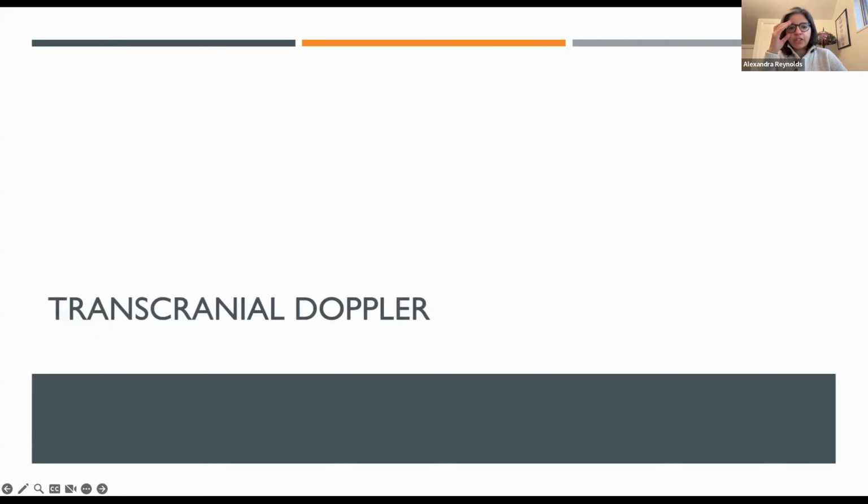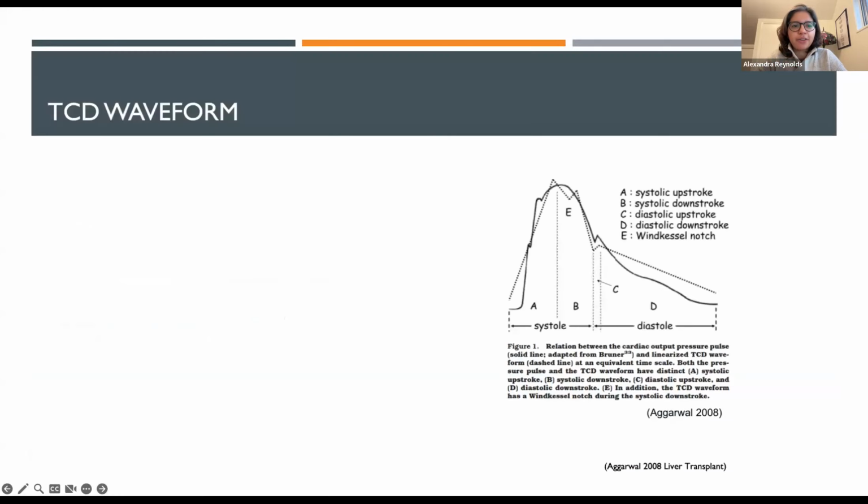So then we'll move on to transcranial Doppler, my personal favorite. Just remember that the TCD waveform is going to mimic your arterial waveform. And the things that I want to point out are that you need to have robust diastolic flow. Unlike in most other organs of your body, the brain needs to have flow during diastole in order to